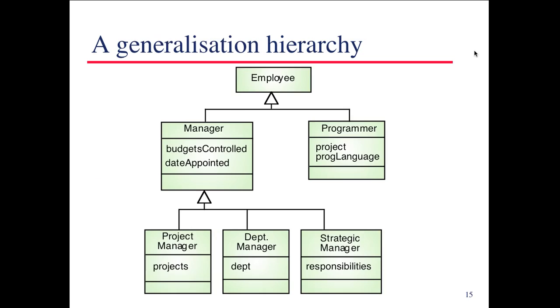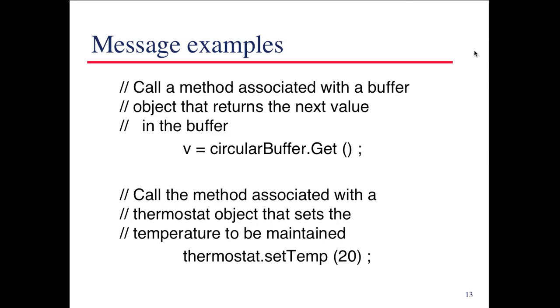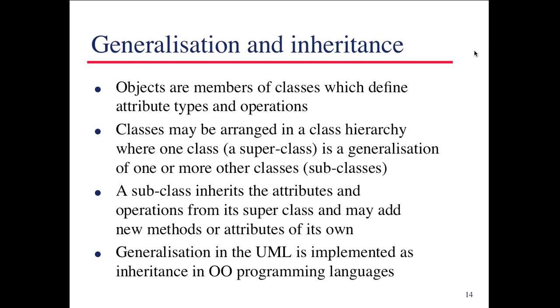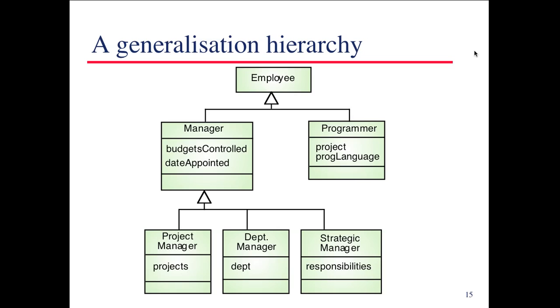So going back to this here, when I said it's going to look more like that than it's going to look like that. That's a class. That's a class because we're saying join method, leave method, retire method. A lot more detail than is really needed for an architectural design. That would work well in a class diagram. That would work better, and still it's a lot because it's written in a cryptic kind of language. You could take that up a little bit higher and say, get rid of this part right here,